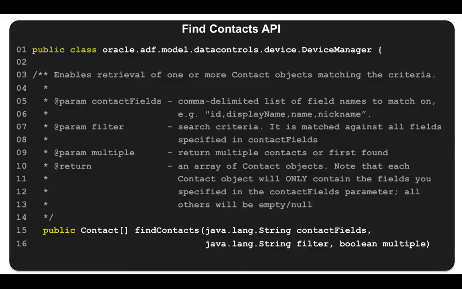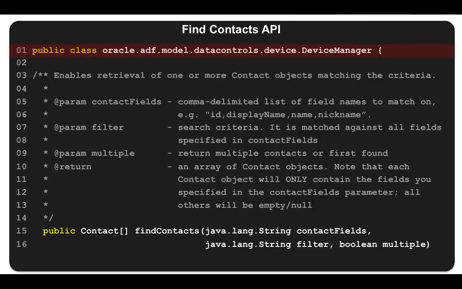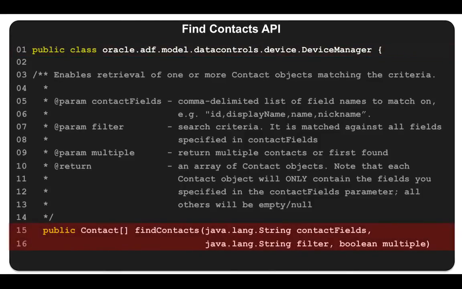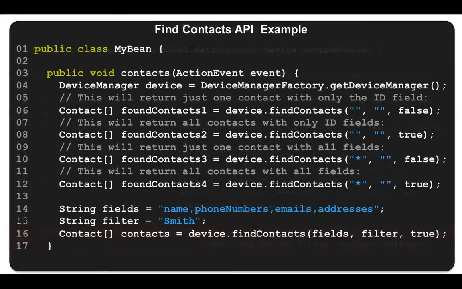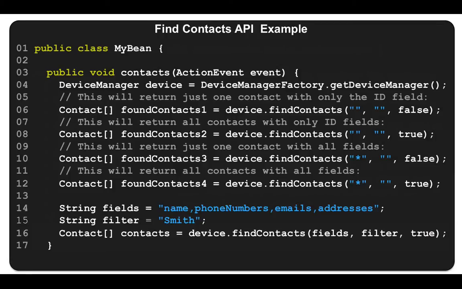So here we can see the Find Contacts API, or the method available via the Device Manager class. Now we've already seen this via the data control palette, so we have a reasonable idea what the parameters are used for here. The only additional comment is the contact fields parameter can take a number of different contact fields to search, and they just need to be comma delimited, such as ID, comma, display name, comma, name, comma, nickname. So with those parameters in mind, let's have a look at the Find Contacts API being used